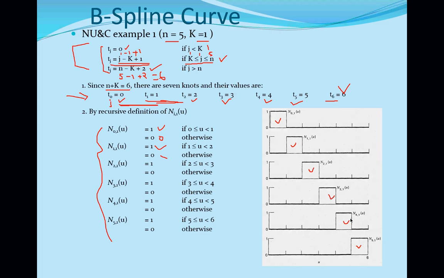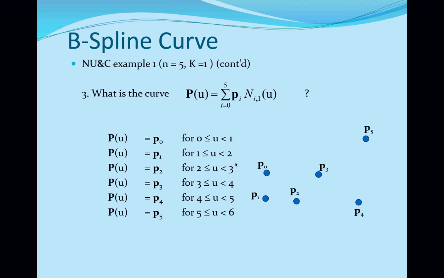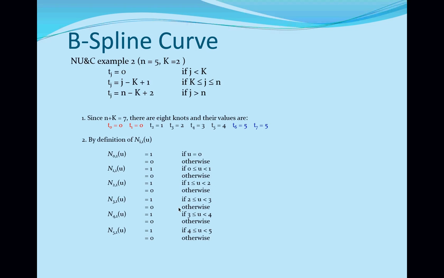If I do superimpose it, I get only points, nothing else. I get a point. No u variable parameter is going to come because there is no recursion involved. So this is the dead end structure, and therefore I just get all the point structure because value of k was 1, order of polynomial 0. So you can verify for these values it will be P0, P1, P2, P3, P4 and P5, so on. Therefore I will get a point.